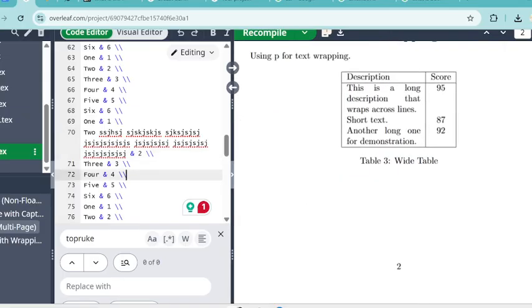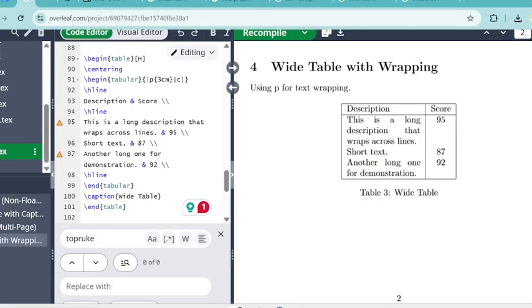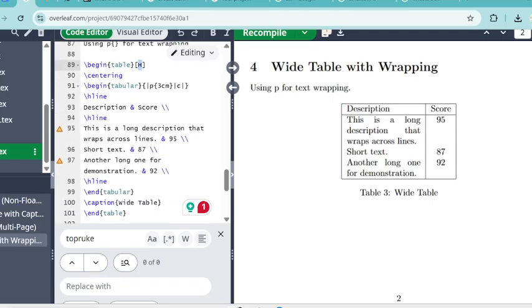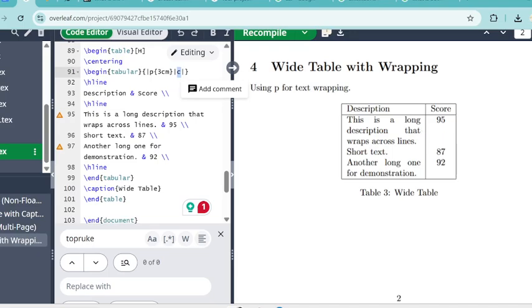So we define a strict width of the particular column by using something like this, right? You define P for that. You begin your table with begin table, H for here, that you want to put your table here only wherever you are defining, slash centering for centering your table, and begin tabular to start defining your table. And then in between the column boundaries, you define a paragraph column with 3 centimeters. So this is exactly 3 centimeters of column width, and they have the C for the centering environment. Then whatever you define will be limited to 3